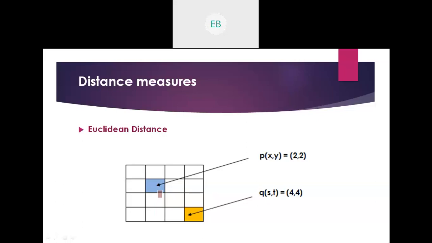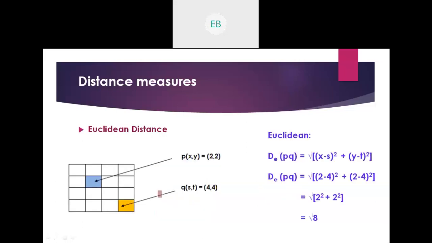So here, by using the Pythagoras theorem, we can calculate the Euclidean distance, and this is the formula. We denote Euclidean distance as d of e, dE of PQ. We are speaking about the pixels P and Q with coordinates x, y and s, t respectively. So it equals root over (x minus s) whole square plus (y minus t) whole square. Basically it's (x1 minus x2) whole square plus (y1 minus y2) whole square. Did you get it?